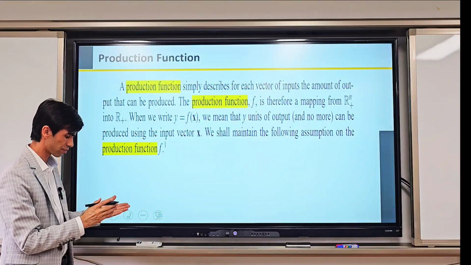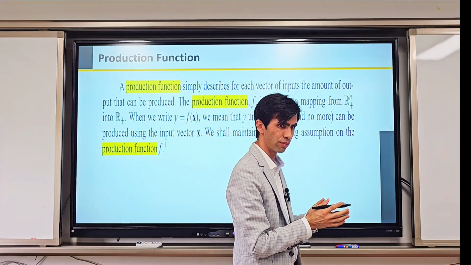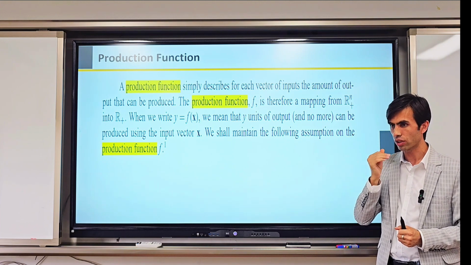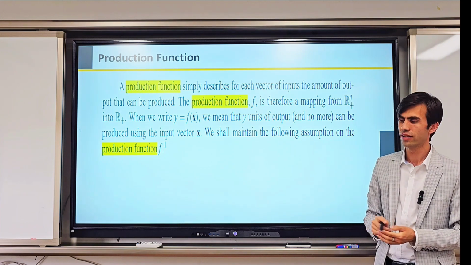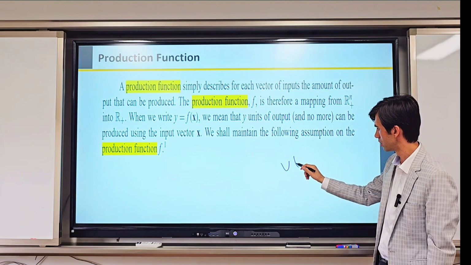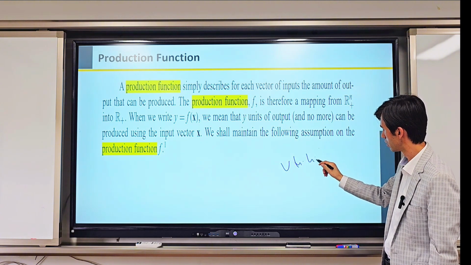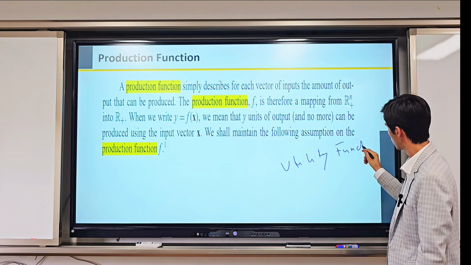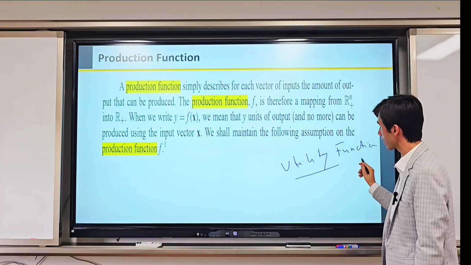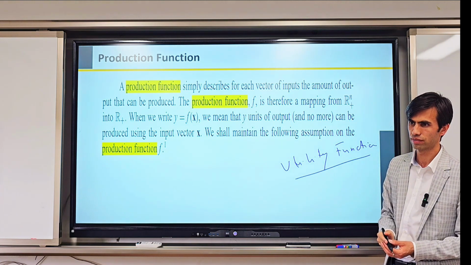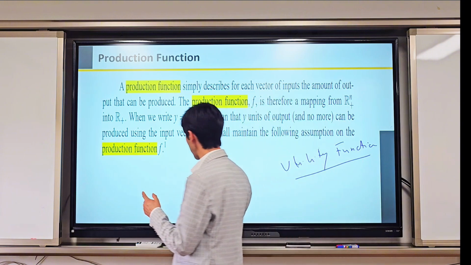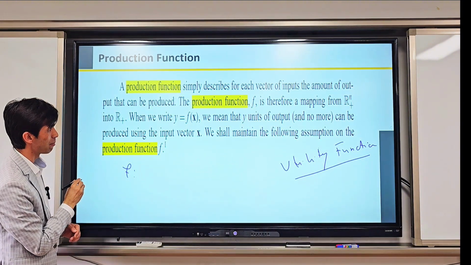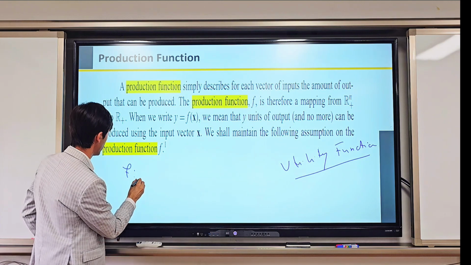So now we have another thing in producer theory, the production function. But in the case of consumer theory, we had what? We had the utility function. But here we have the production function. The production function is a function that we map from the